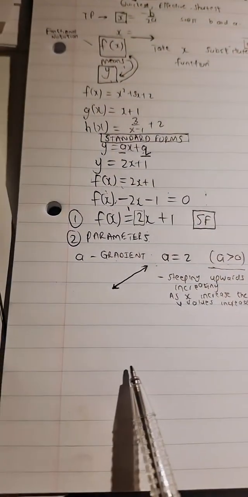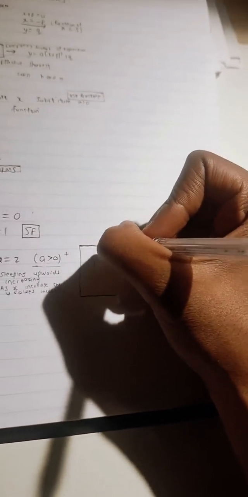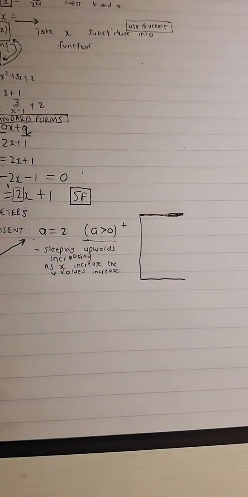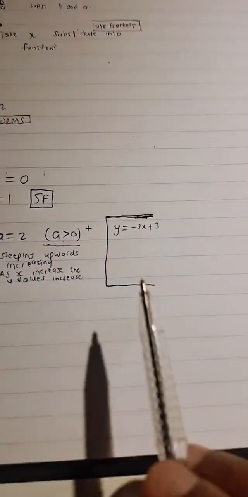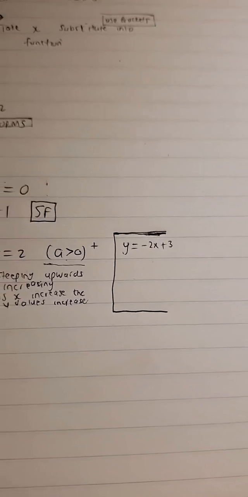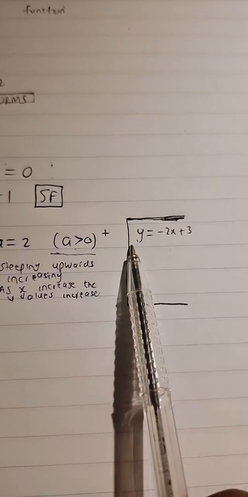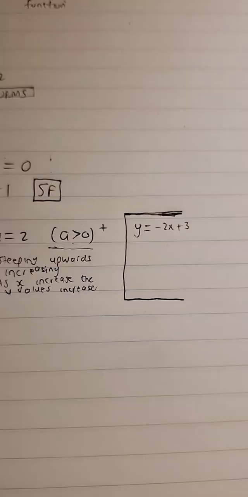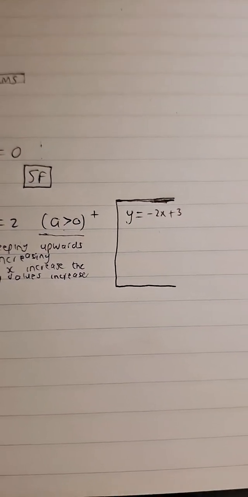Now, because we've spoken about A for one scenario, and that will be the scenario that we're going to be sketching, I want you to now take note of the other possible scenarios, and I want you to establish or tell me in the comment section. All right, if the equation was y is equal to negative 2x plus 3, what would be the value of A? Talk to me in the comment section. Okay, and please, when you do this, please always make sure that y has a positive coefficient, and that coefficient is 1,